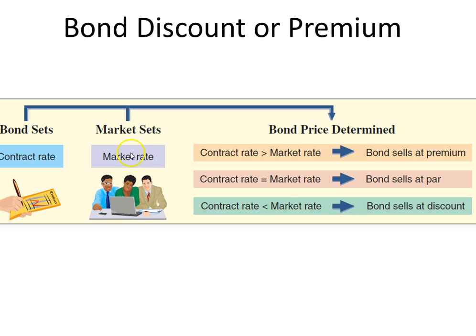And so what's going to adjust is not the contract rate. That rate is still going to pay $45, but the price of the bond is what fluctuates, not the contract rate. But because the bond price changes and you divide the contract rate by the price, that becomes the market rate. So the market rate will change constantly as the price of the bond changes, but the contract rate does not change.